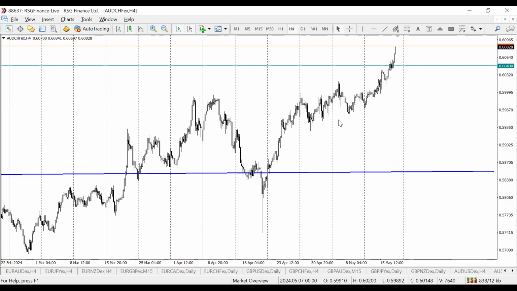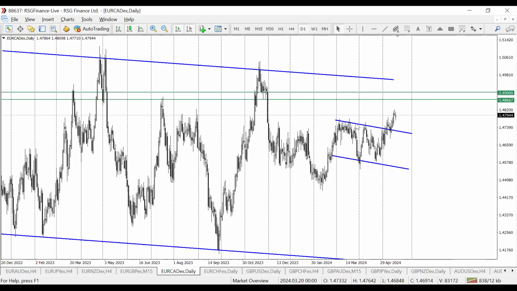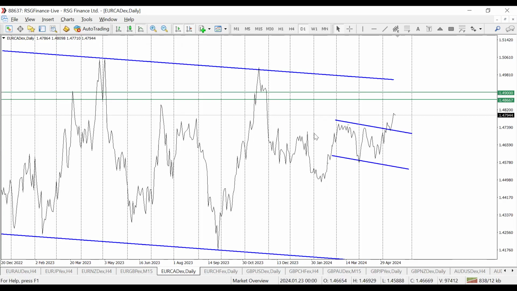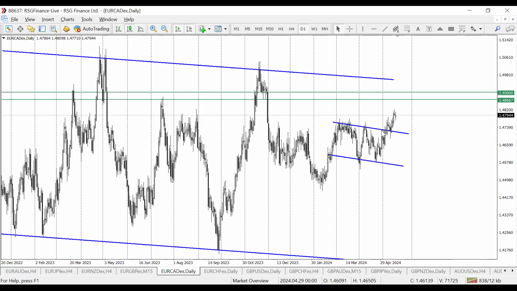And then let's go on to the last pairs for the week, and those are the euro pairs. So we'll be looking at Euro CAD and Euro USD. So let's move to Euro CAD. So on Euro CAD here, what we see is a nice breakout. Let's try to get it really nice. I like getting the channel drawing perfectly well, because it will give you exactly what you're looking for. So on Euro CAD, what we see is a nice breakout.